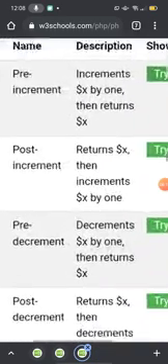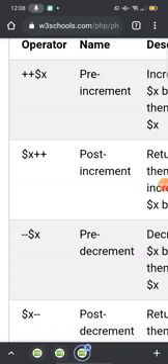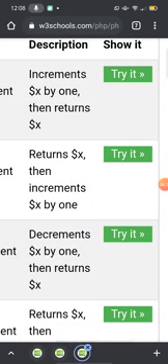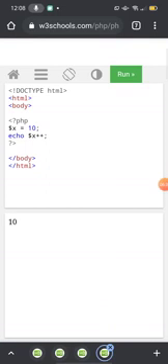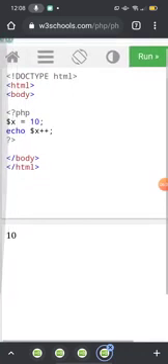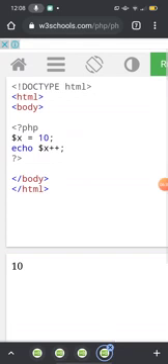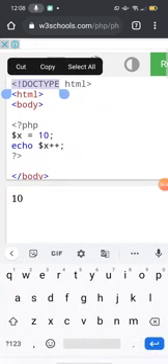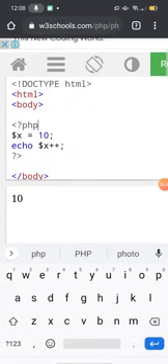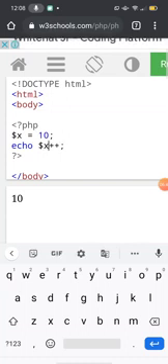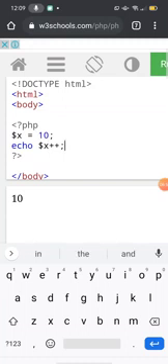Let us see another increment operator, that is the post-increment operator. It returns x, then increments by 1. Now here, can you see the doctype HTML example, HTML, body, PHP tag opens, then variable x has been declared, $x equals 10, echo. First the variable x is given over here, that means variable x will be printed. After this, plus plus, variable x will be incremented.